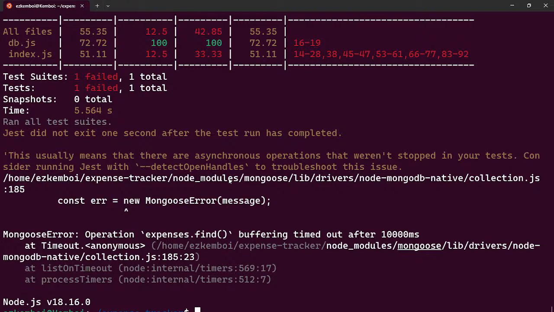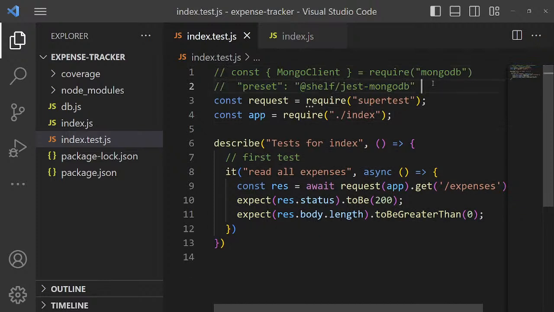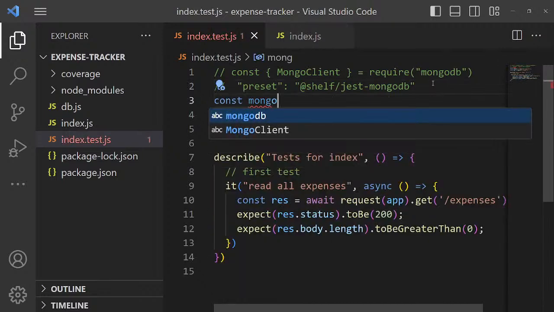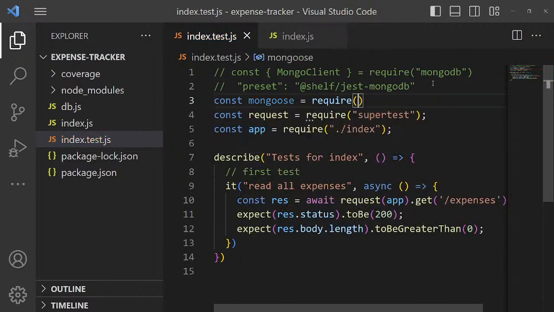So for this test, before doing the mock one, let me use the real database, just to make sure. So first thing, when doing the database, we used Mongoose, so we'll just require